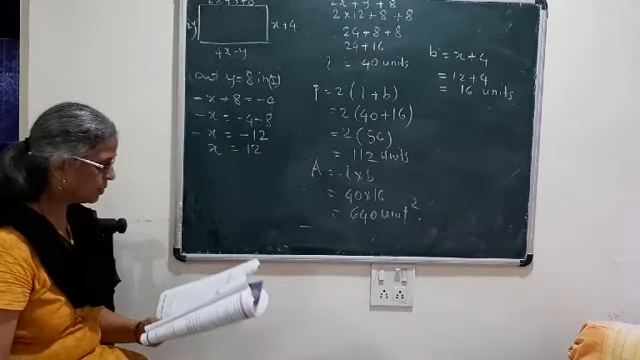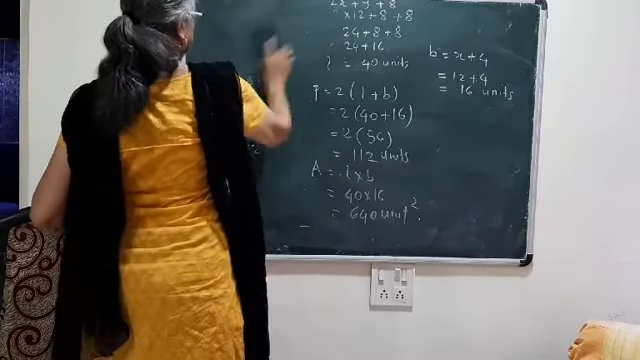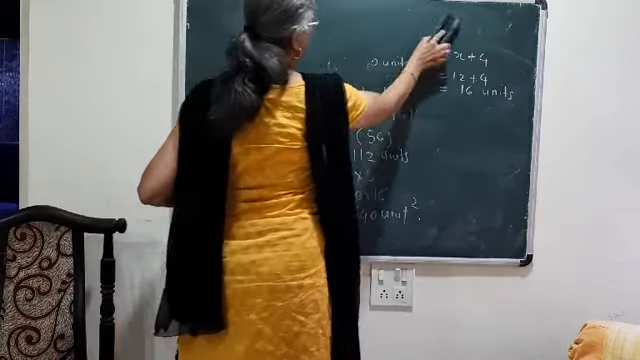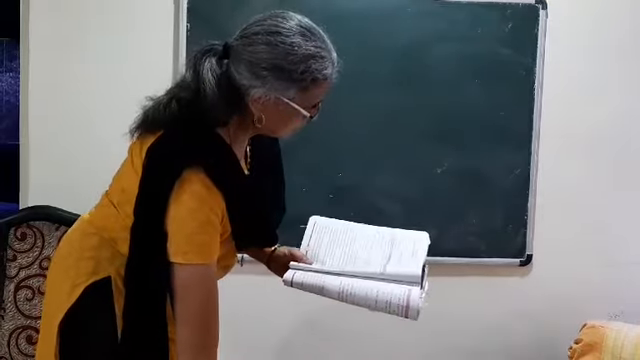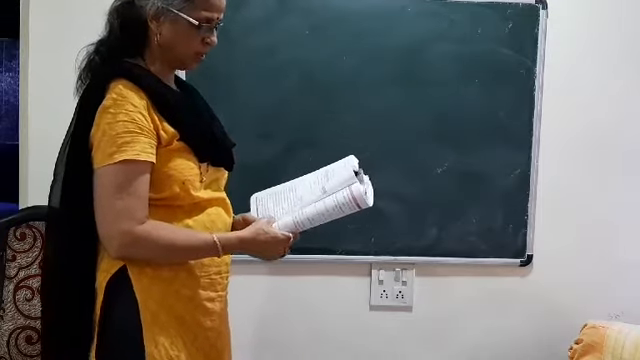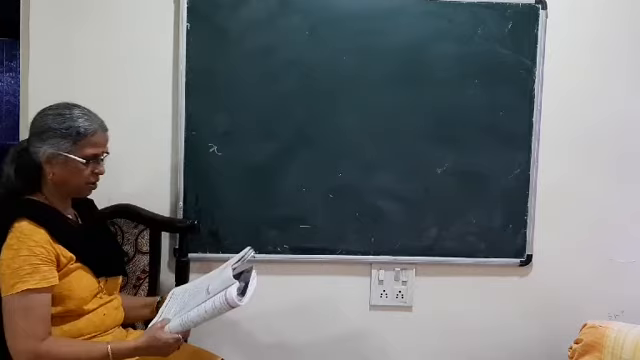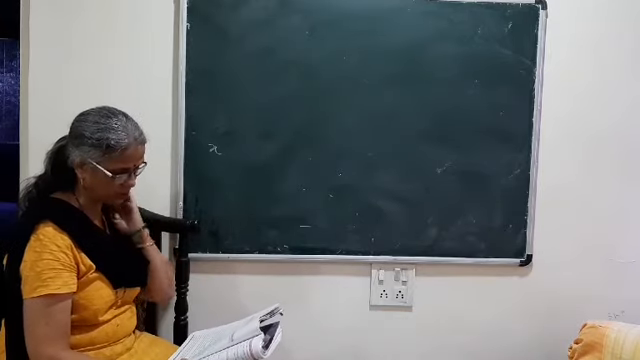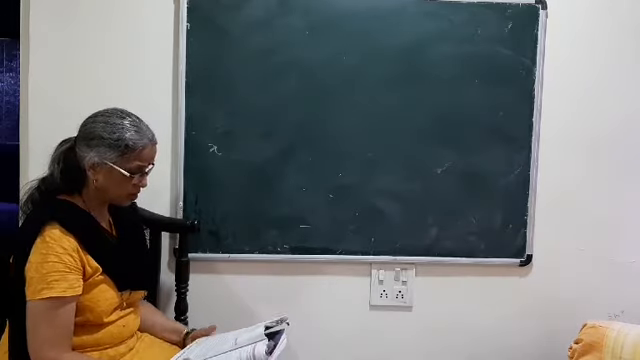Now we will see sum number 3. The sum of father's age and twice the age of his son is 70. If we double the age of father and add it to the age of his son, the sum is 95. Find their present ages. So in this,